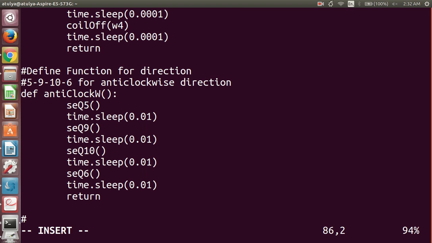Now the next function, we have to define function for clockwise direction. Now for clockwise direction we have to make this sequence in reverse order. So we'll use the same sequence in reverse order, like we'll call first 6 and then we'll call 10, then we'll call 9 and then we'll call 5. So for clockwise direction,